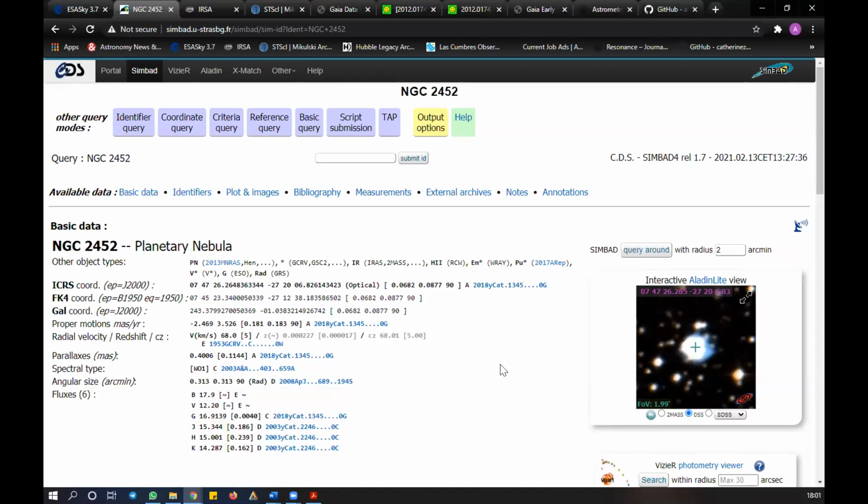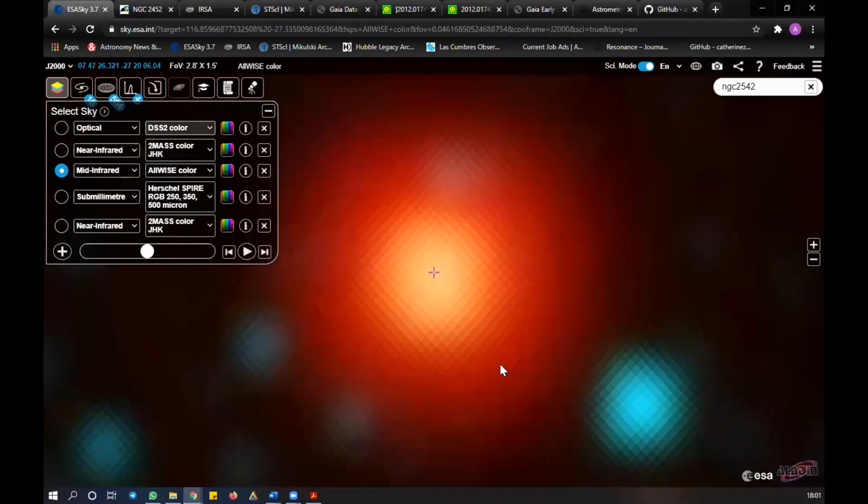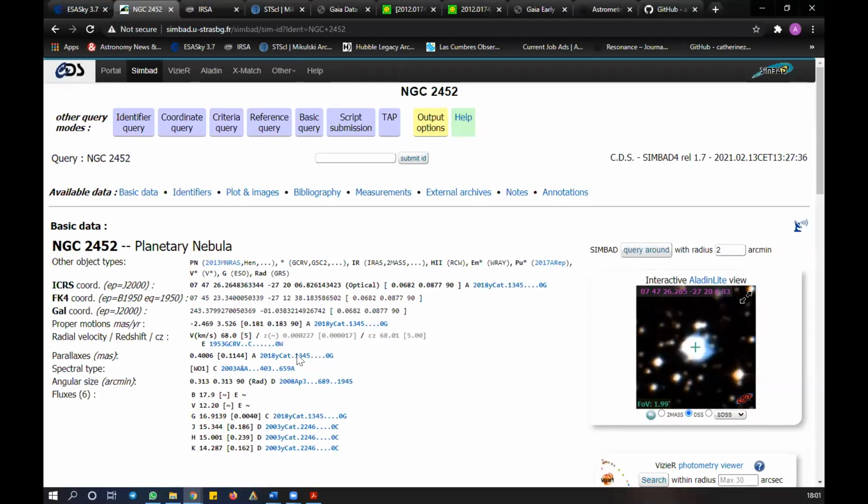This is the angular size, which is 0.3 by 0.3. That's what I'm saying. In Simbad itself, the reference must be mentioned. Check out the reference. That reference must be very old. Your reference is 2008, which is 12 years back. This is pre-Spitzer, pre-Herschel, right?